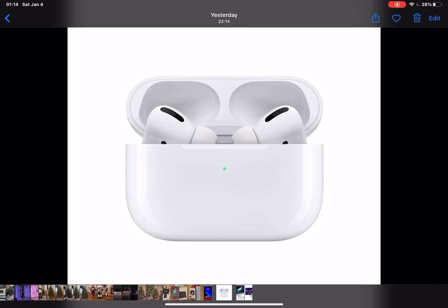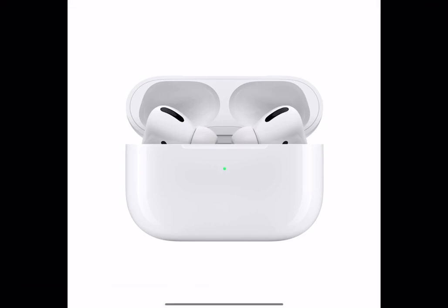Now, you're probably noticing here that you're staring at a collection of AirPods. What I'm planning to do next is grab one of these. My birthday's coming up, and later on down the line, my birthday is coming up, and I've decided to put AirPods Pro on my birthday list. And the beautiful thing about AirPods Pro that I'm really looking forward to is the experience of pairing them and being able to use them, because I have